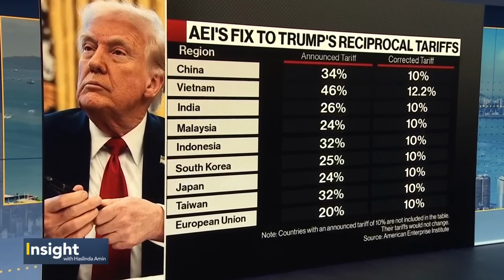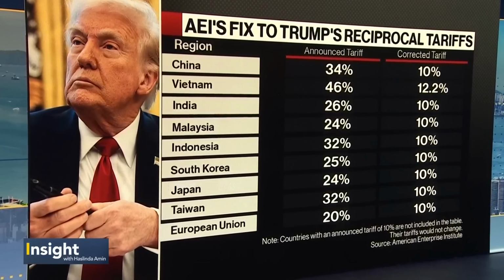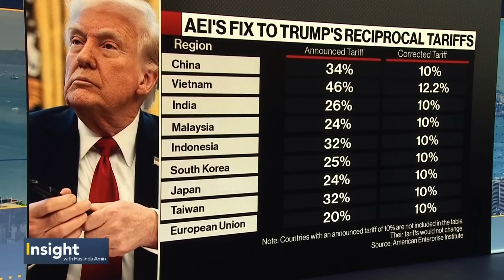If you take a look at the tariffs being imposed by the Trump administration, we're looking at 26% for India, where I am right now, 34% for China, 46% for Vietnam, 50% for a small nation like Lesotho, which is among the poorest nations in the continent. I'm just wondering, if you were to remove the error, what kind of tariffs should these countries be implemented with?